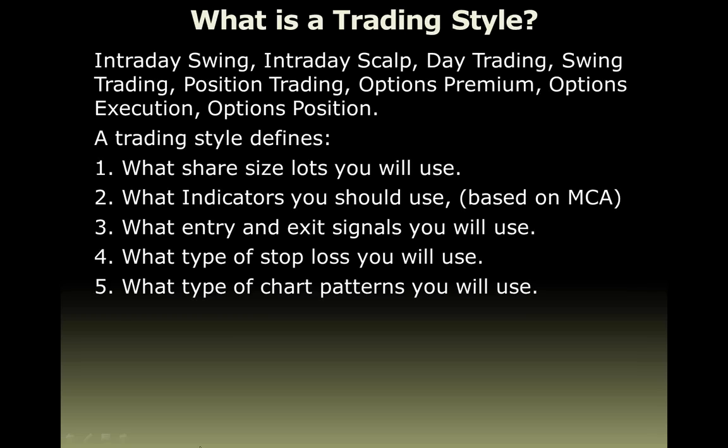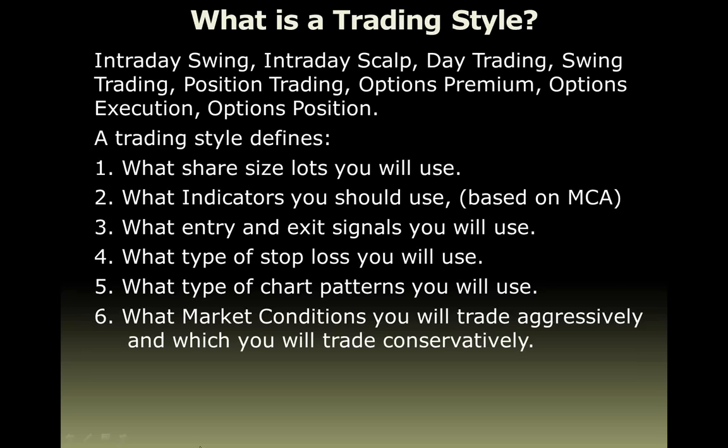What type of chart patterns you will use. You have to use chart patterns that are recognizable to you and are good for your trading style. And chart patterns are stair steps, peaks and valleys, rolling, that type of thing, not up, down, and sideways. What market conditions you will trade aggressively and which you will trade conservatively. When the market is moving with momentum and velocity, swing traders and intraday traders want to be in there aggressively. You want to be aggressively trading. But when you go into a platform, positioning or inconsistent, you want to be trading more conservatively in those trading